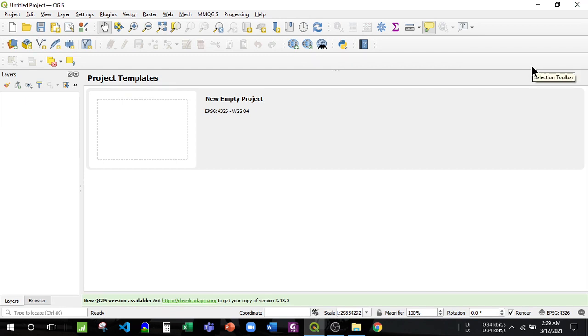This is the front layout of QGIS, and in this video we'll understand how we can highlight specific regions in the Indian map, and how we can make the study area from a particular region. In the front UI, we'll make an empty project.